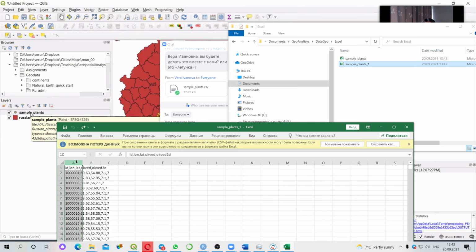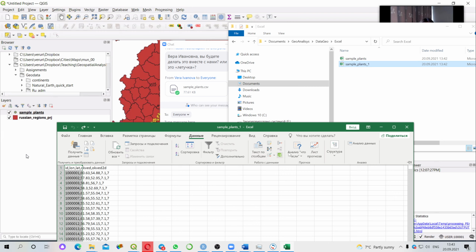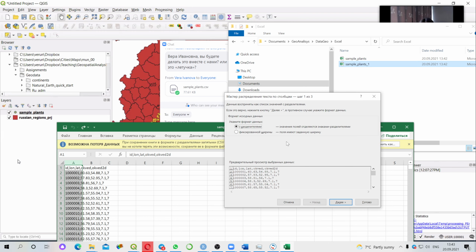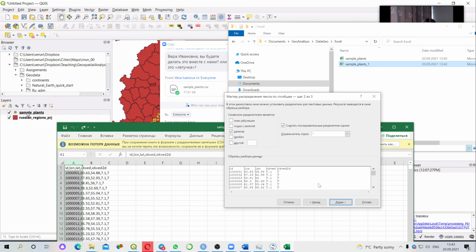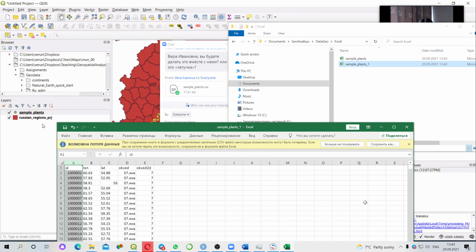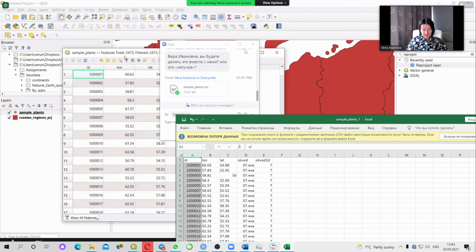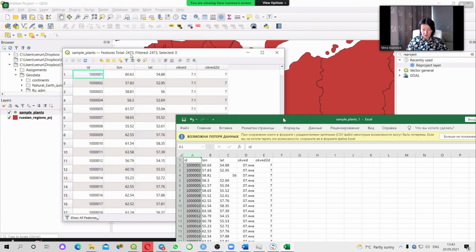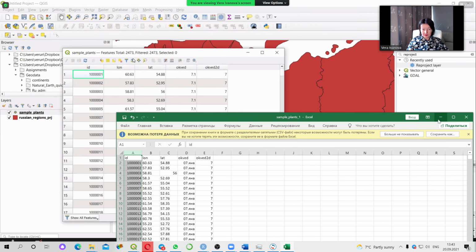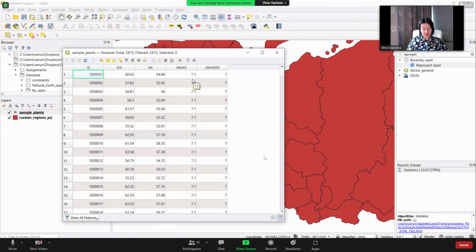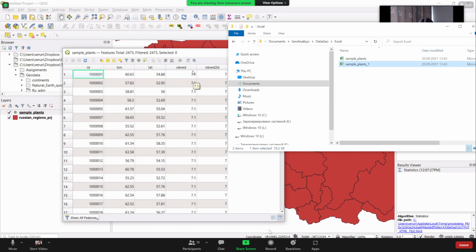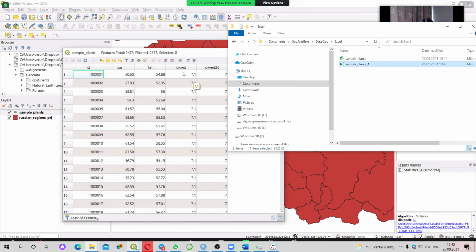This is a generated sample of plants. These are not real data on plants. These are generated for this exercise locations. We have data on more than 2,000 plant locations, manufacturing plants, manufacturing and extracting industries plants. You can have a look at the